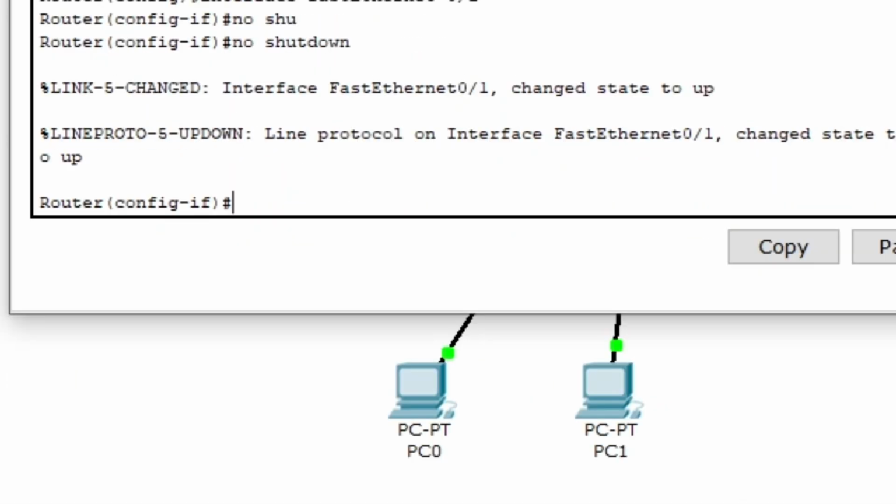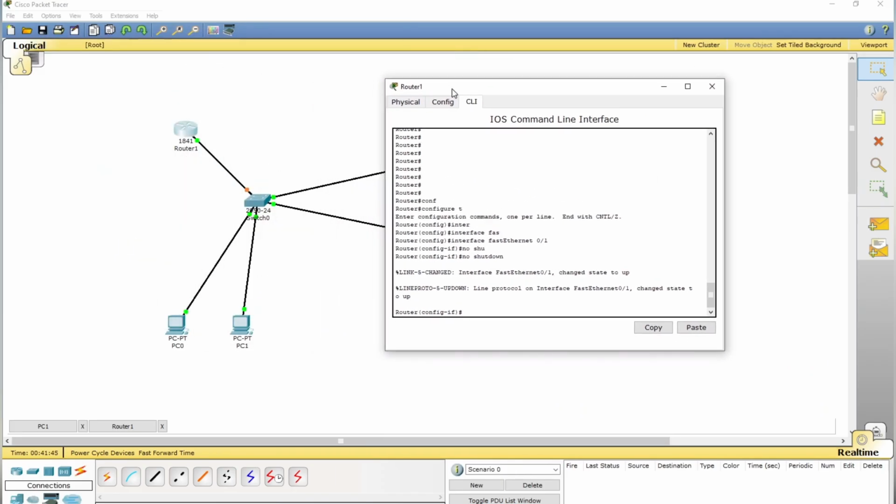Now you can see the line protocol on the interface changed state to up, and if you see here, this one is up, but for the switch it's running the STP process, and it's gonna take 40 seconds to complete that process, and then after that it will be turned on. And we assigned the IP address here